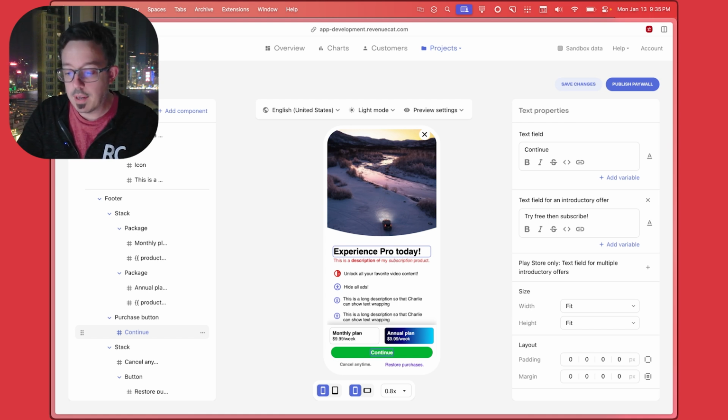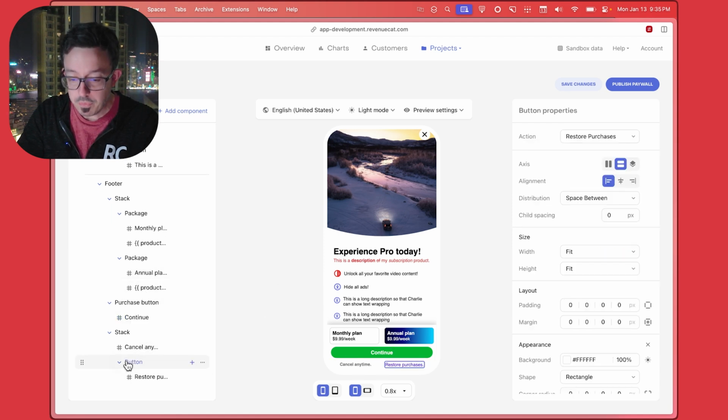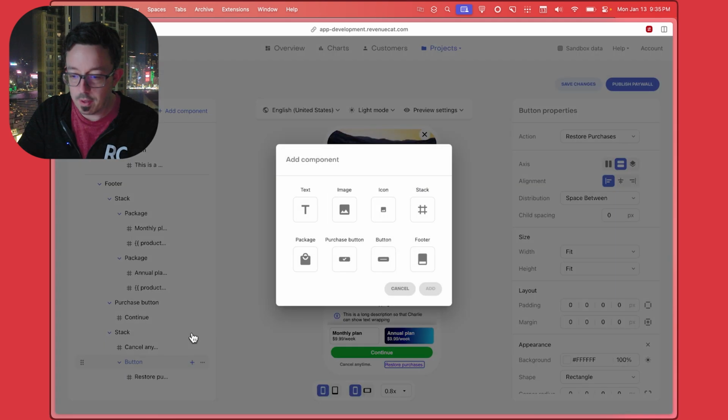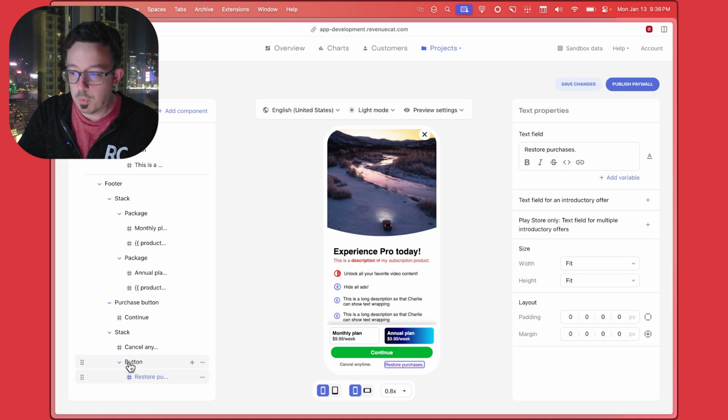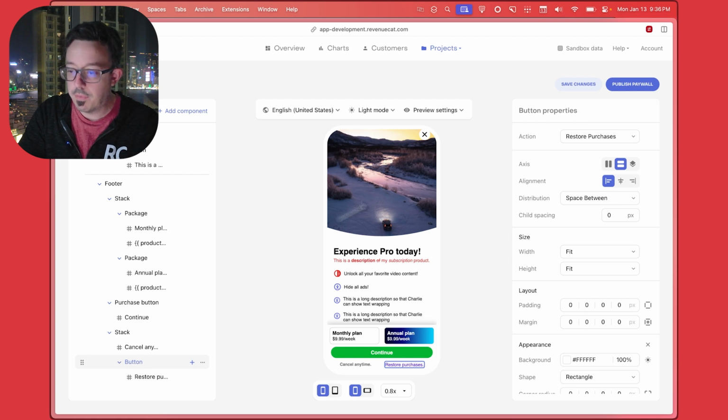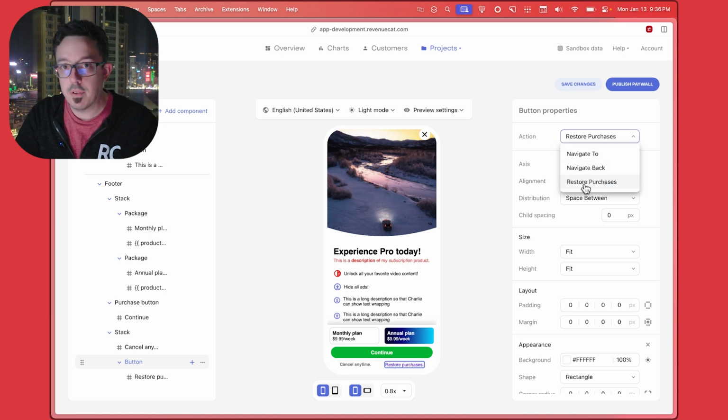The only other kind of advanced thing that I want to show here is regular buttons. I don't think I've shown that at all yet. So this button right here, if I were to just go to add one, you can see there's this button component. That's what this button down here is for. And so if you go into there, this one has text in it just like a normal piece of text. But if I click on the button itself, you have a couple different options. So there's this action field up here. And if you click on that, right now I have it set to restore purchases. So if the user clicks on it, it will just initiate a restore of their purchases, which is really useful